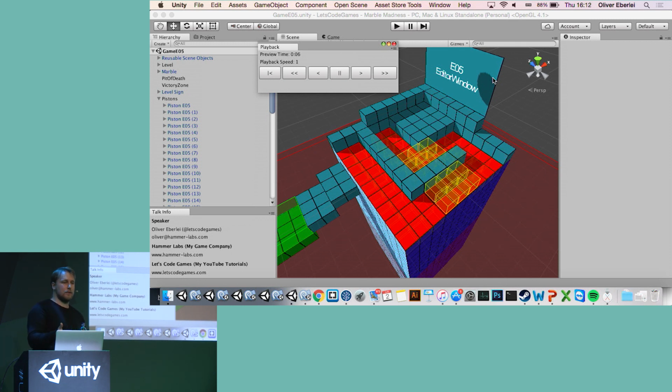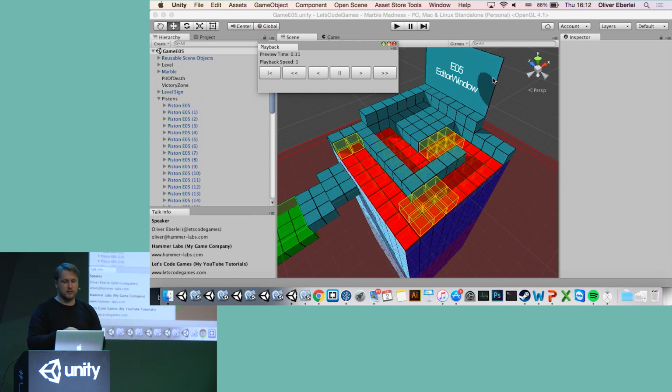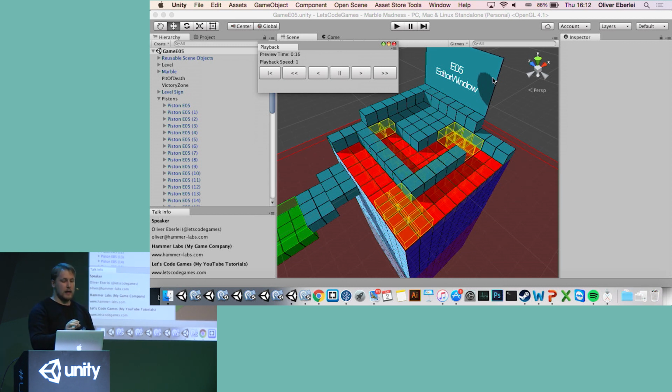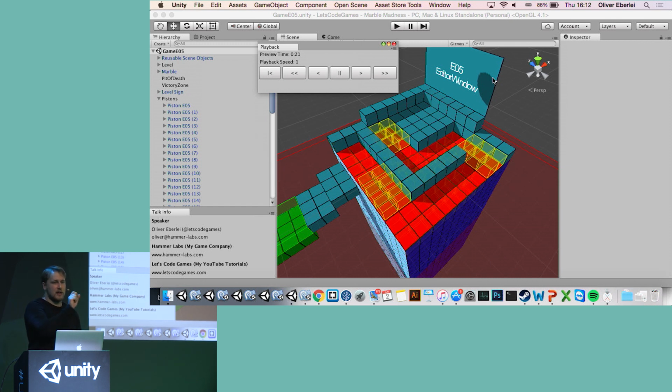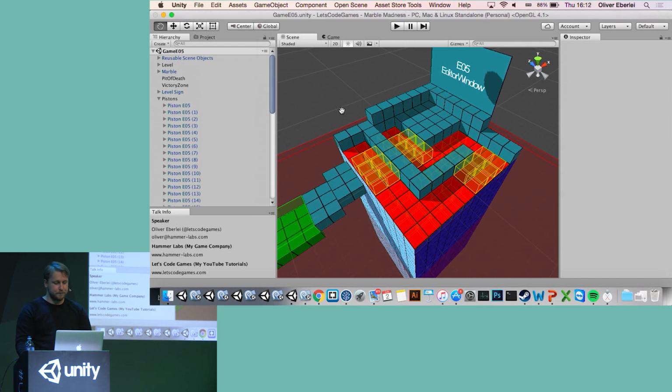And I've used this for enemy patterns, if they walk along paths, to see how they move in the editor and stuff like that. So I can design in the editor and see my changes immediately, and I don't have to press play and just wait for the right time and stuff like that. And I can scrub through. So in this time I can forward and reverse. I can fast forward. Usually I always have a scrubbing slider in there as well, to very quickly navigate through the time of my pattern, to see how this works.